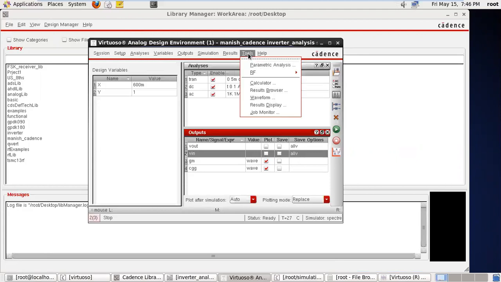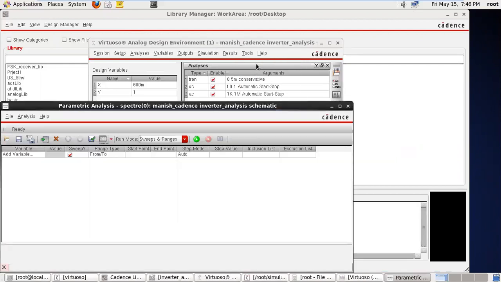So just go to the tool, parametric analysis, see here, add variable. Whenever you click here, X and Y are my variables and temperature, you can also sweep the temperature. Now we are interested only in Y, VDD, range, suppose we are varying from 0 to 1.